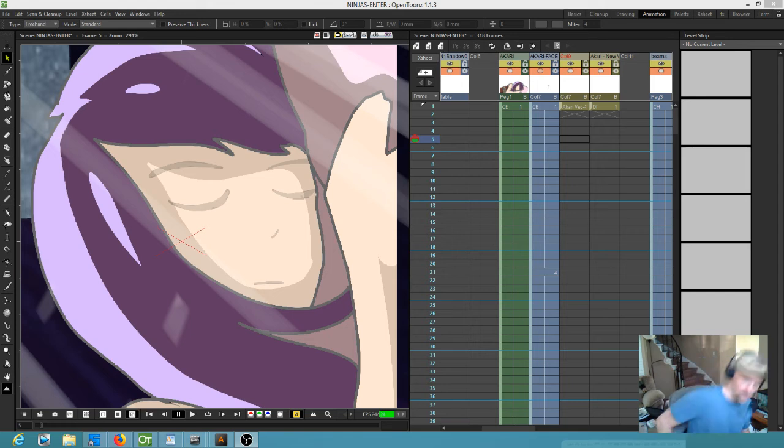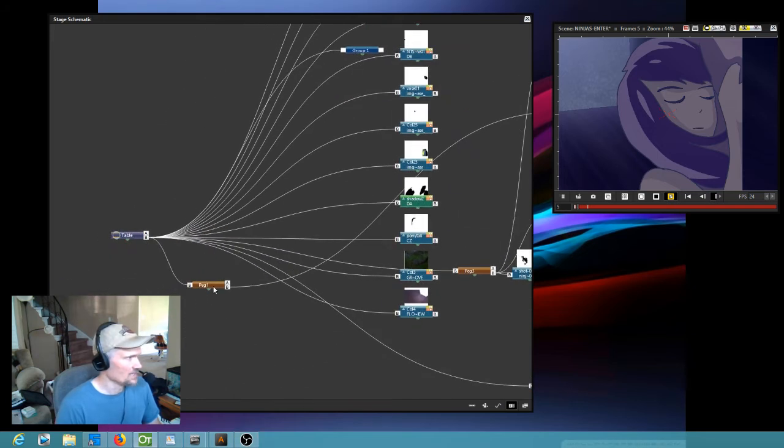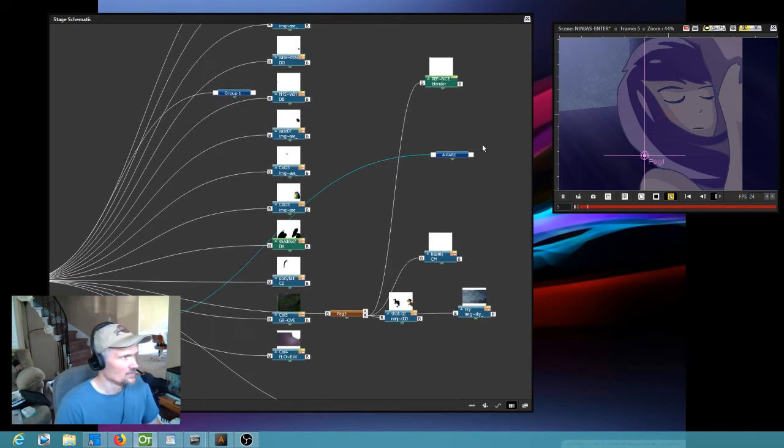Okay, let's talk about fixing Akari's eyes. Well, the first thing we're going to do is, I went over into the schematic and I inserted a peg bar, and then I took all of the columns that represent Akari and